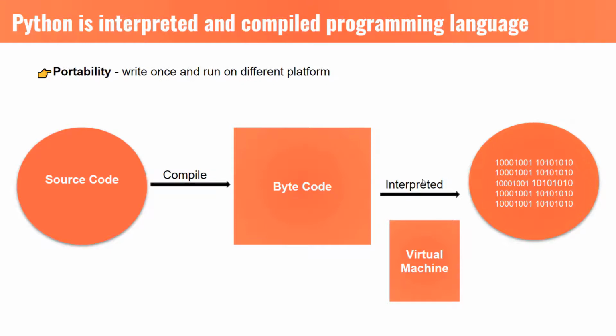So now what happens is you write source code in Python, it's compiled into bytecode, and then it will be interpreted using the virtual machine. So now there is no constraint of CPU architecture. If you write the code on one CPU architecture, you can execute it on a different CPU architecture. The one thing that is important is that the virtual machine must be installed on your machine to interpret the bytecode to get the binary code which can be executed by our CPU.